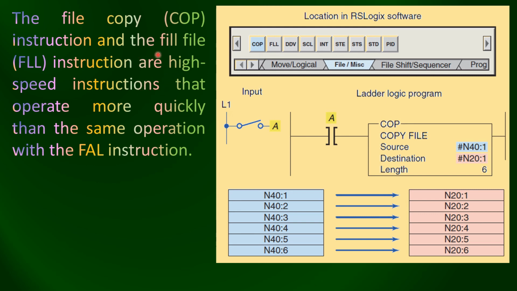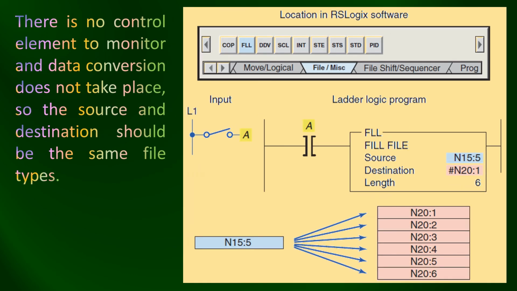Copy instruction and fill file functions or instructions are speed instructions that operate more quickly than the same operation with the FAL instruction. In fact, when COP or FLL instructions copy the source data to the destination, these instructions do not compare the source and the destination data, and they don't perform any logic for the matching of the data. This is why these instructions are fast. So the COP and FLL instructions can copy a complete word to the complete file. Like over here, whatever the data is